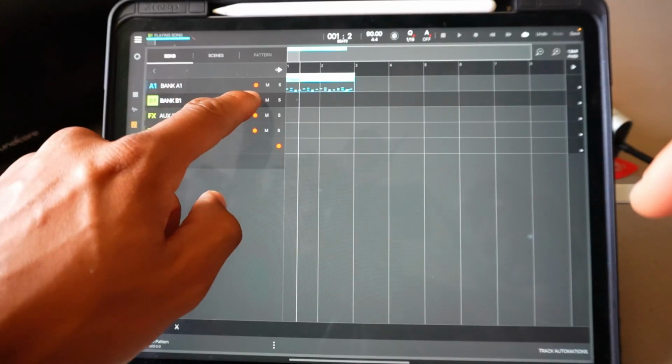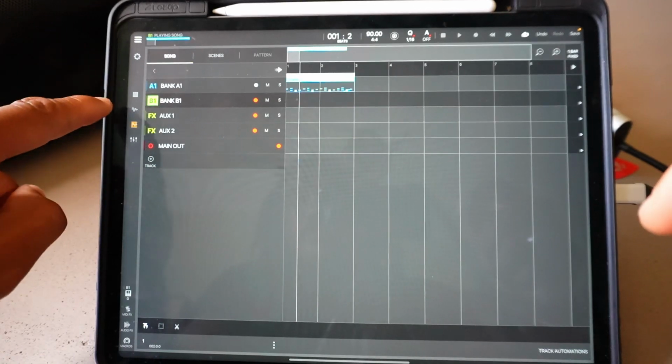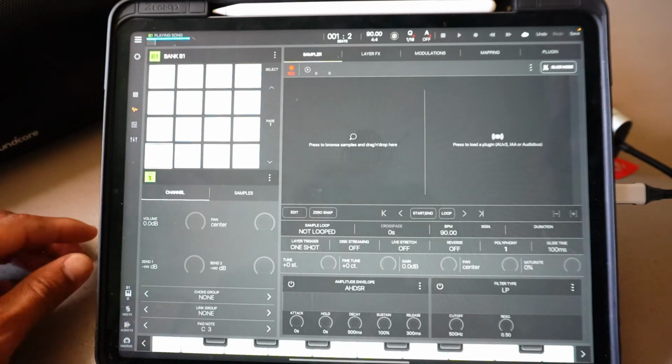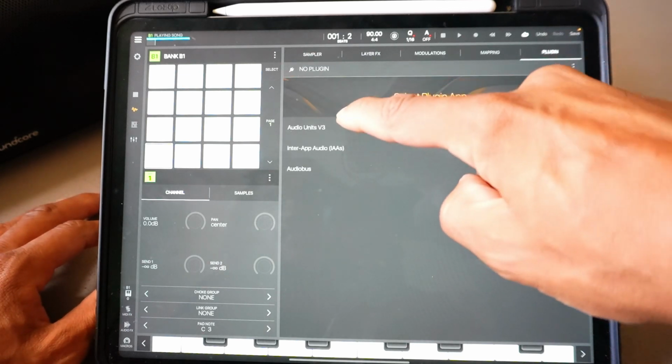Now I'm in bank B, so I'm gonna take record arm off of bank A. I'm gonna click on bank B again, and I'm gonna click on this waveform symbol. That's your samples. I'm gonna go over here to where it says plugin, and now I'm gonna pick an audio